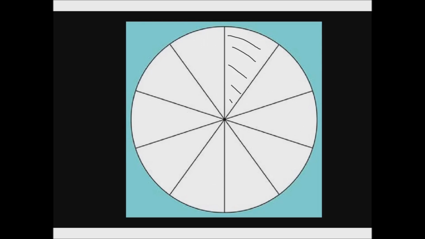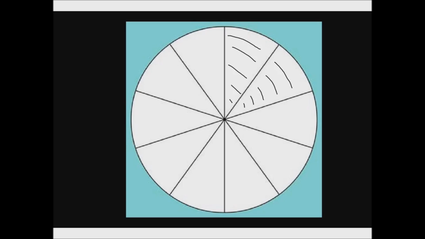This circle has 10 slices and each slice is exactly the same size. You can see that one slice has been shaded, so that means 1/10 of the circle has been shaded because it's 1 out of 10 slices. If I want to shade 2/10 of the circle, then I'm going to shade 2 slices out of the 10,